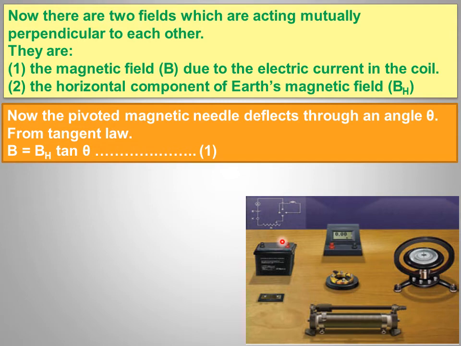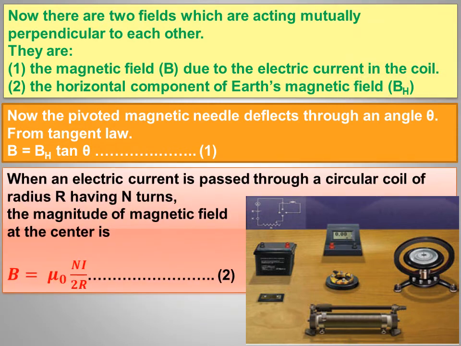This is the setup made for the tangent galvanometer experiment. This is a tangent galvanometer, this is a high resistance, this is a commutator, this is a rheostat, this is a small voltmeter connected here, and this is a key. Dear students, this tangent galvanometer is one of our practical examination questions. So read this question and try to listen to the video carefully.